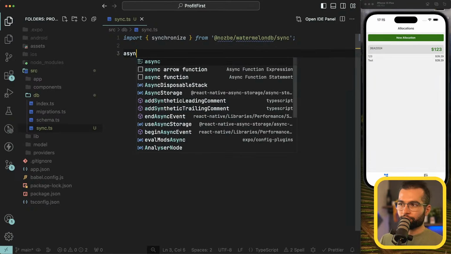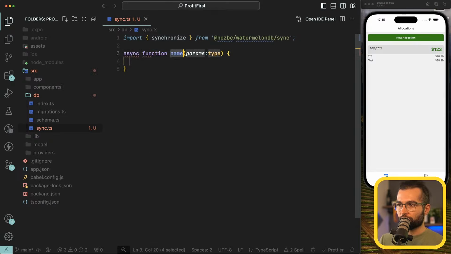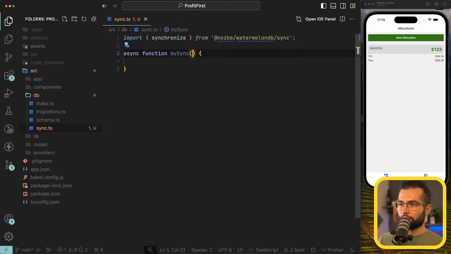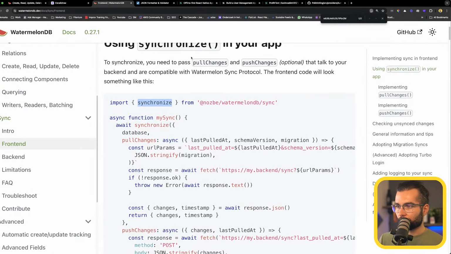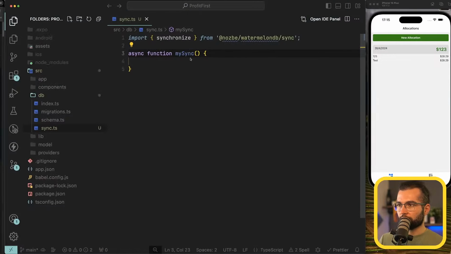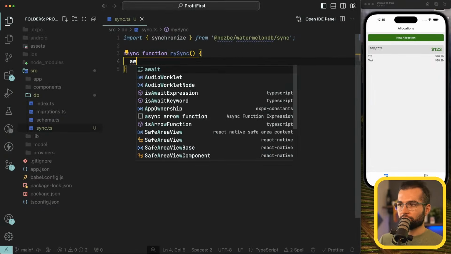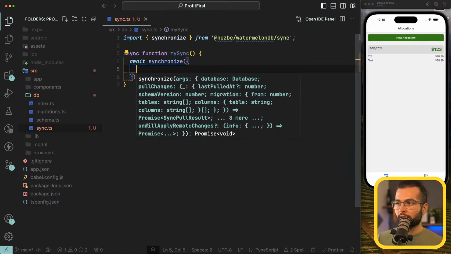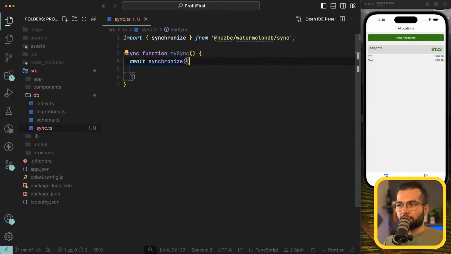Now we create a sync function, my sync engine, for example. I'm going to have an async function, and it's going to do an await synchronize. What this function is going to do is call the synchronize method from Watermelon. Here we need to specify some